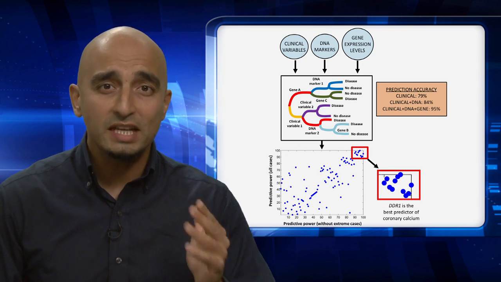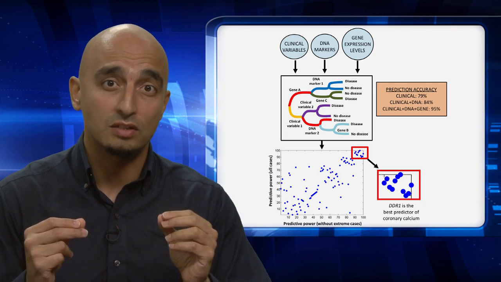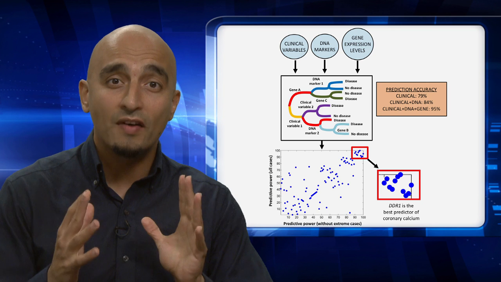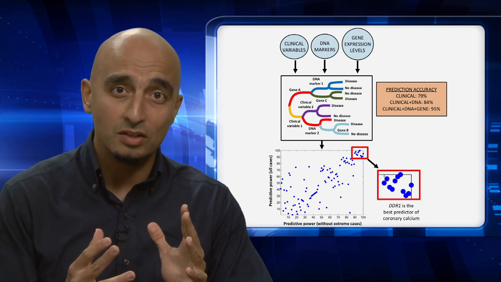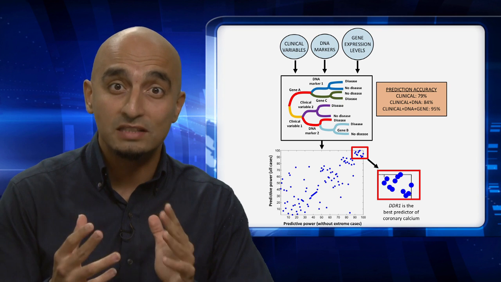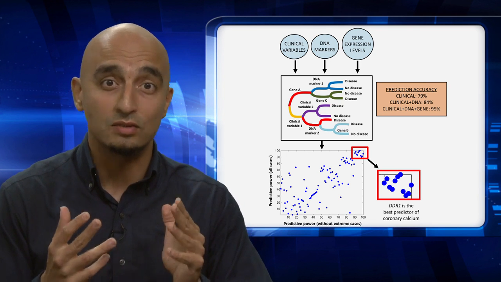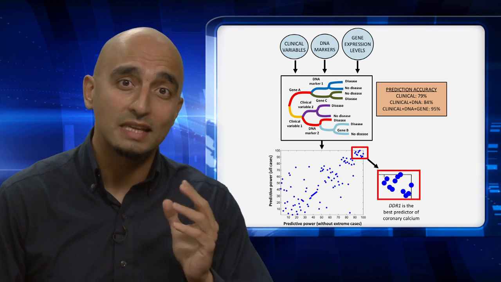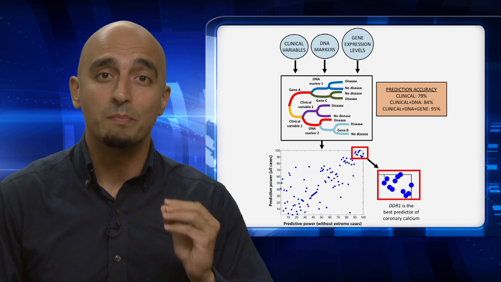By perturbing the gene expression levels and identifying the effects of these perturbations on the model accuracy, I found the predictive power of each gene. As I plotted these values for all cases including extreme coronary calcium levels on the y-axis and without those cases on the x-axis, I found that 11 transcripts that are expressed from one gene named DDR1 were the best predictors